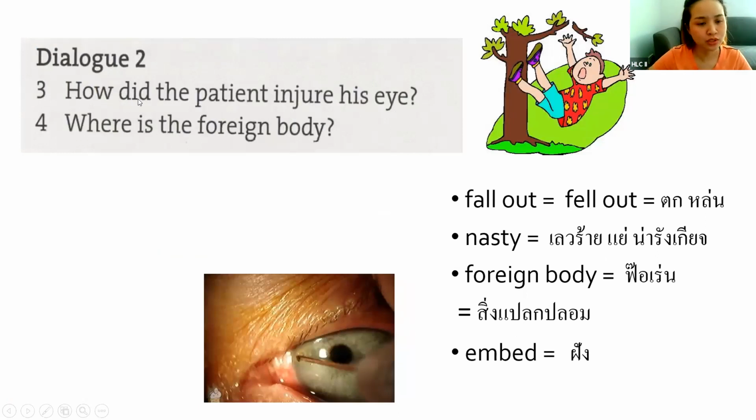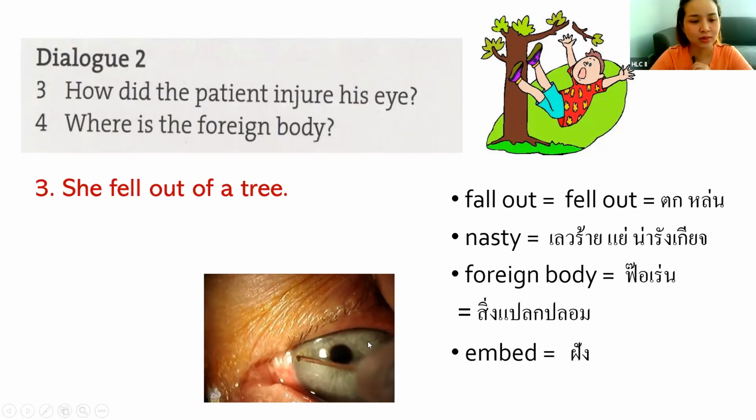Dialogue 2, question 3. How did the patient injure his eye? ผู้ป่วยคนนี้ค่ะเขาทำให้ตาเนี่ยบาดเจ็บอย่างไร Yeah, it's easy, right? So the answer is she fell out of a tree. ตกต้นไม้